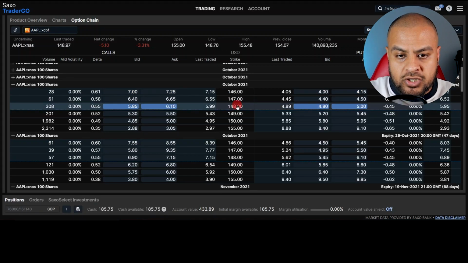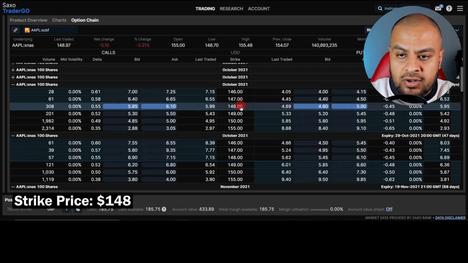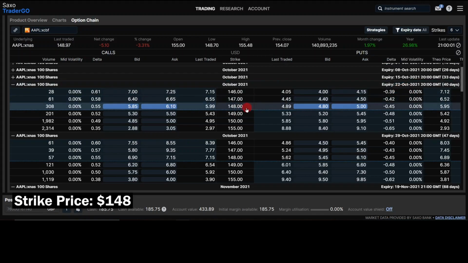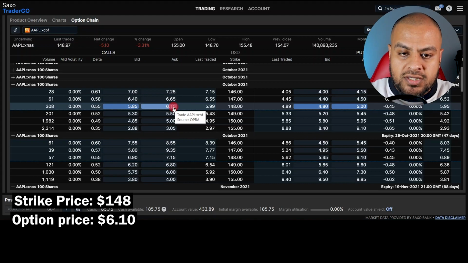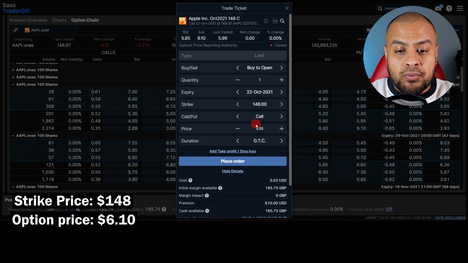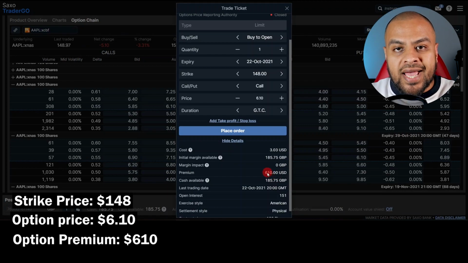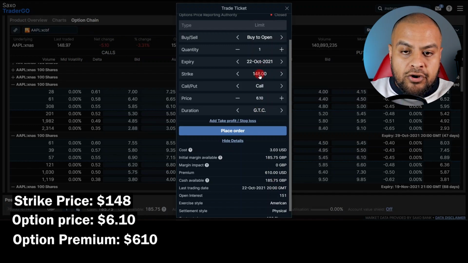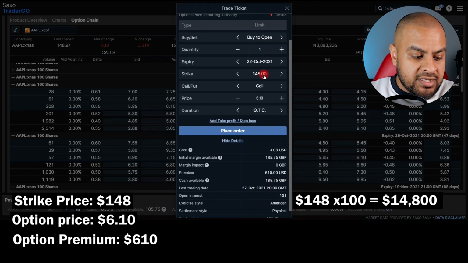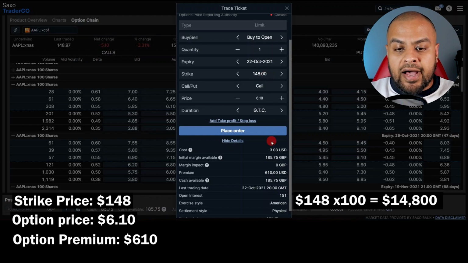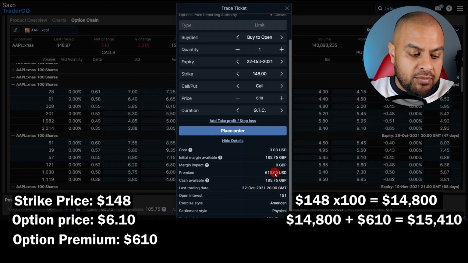Let's say I bought this option with a strike price of $148 expiring 22nd of October. The option price is $6.10. So that means the premium is going to be $610 because we always times it by 100. Now, if I want to exercise this option before the expiry date, what that means is to buy 100 shares, I would need $148 times 100 shares gives us $14,800 in my account. Not only that, I've paid $610 as a premium. So that gives my total to